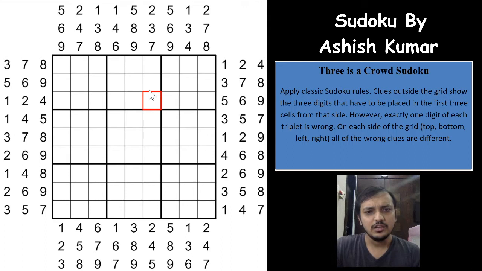And on each side of the grid, so this is one side of the grid, this is the second side, this is the third, and this is the fourth side. So there are 4 sides, right? On each side of the grid there are exactly 9 numbers wrong. So one number will be wrong here, another number there. Out of all the 3 digits, 1 digit is for sure wrong, and 2 digits have to be correct, right? So on each side of the grid there are exactly 9 digits wrong. So one digit will be wrong here, the other digit has to be wrong here.